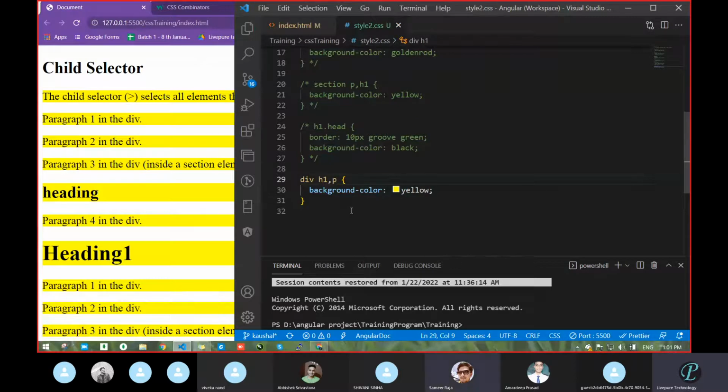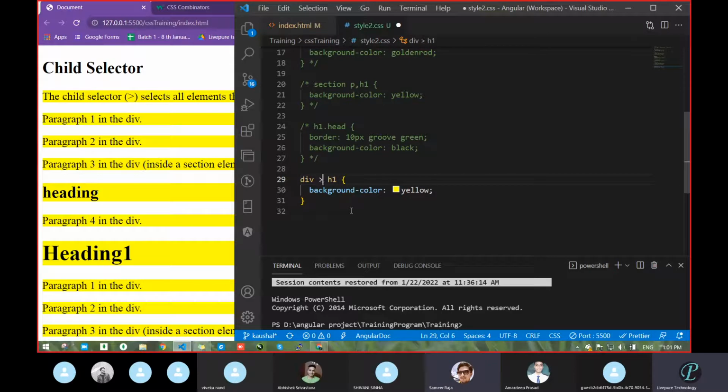But there are different scenarios. This does not belong to the child selector because we didn't use the greater than symbol. But if you want to do it particularly with the child selector, you have to follow the child selector rule.